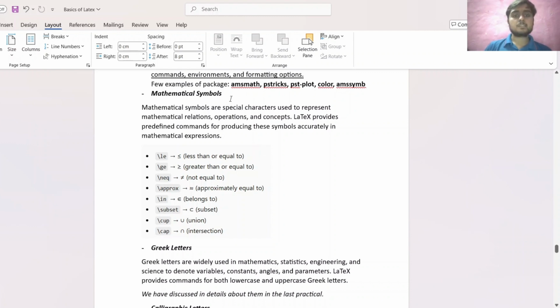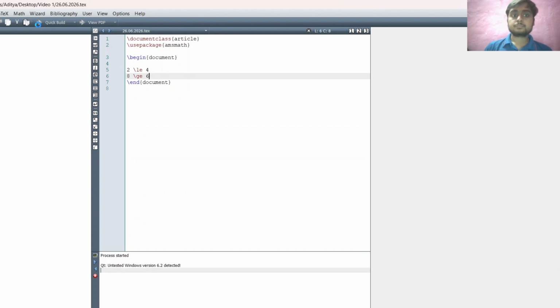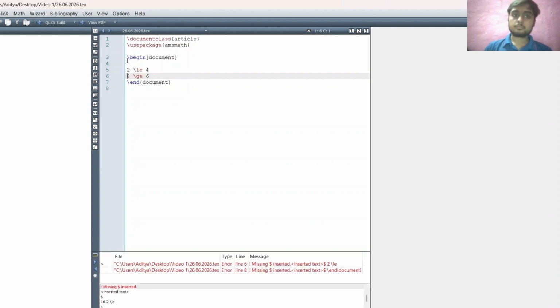Then we can insert mathematical symbols. Less than equal to, greater than equal to, say 2 is less than equals to 4. 8 is greater than equals to 6. What is the mistake? That's the dollar command.